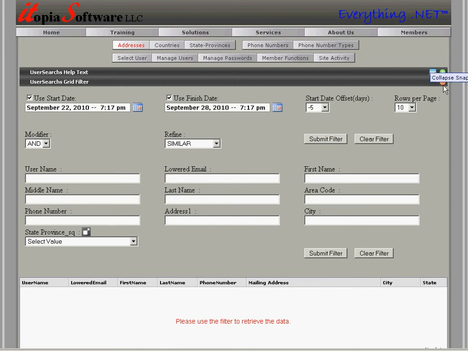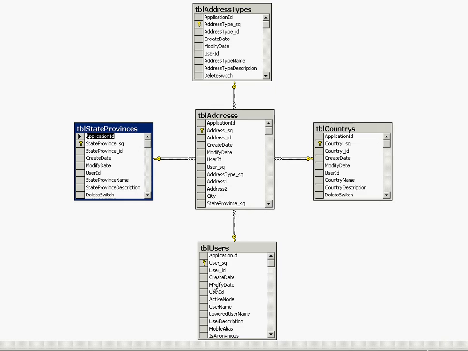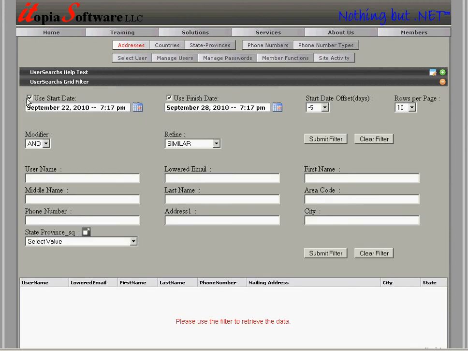Okay, so I'm going to go ahead and contract this filter bar. So you can see here's the user search grid filter. Here, there's the address grid filter. There's 2 help bars. There's the grids themselves. So just to go back to the schema again to remind ourselves, we've got table addresses and table users. And so what I want to do is I'm going to go ahead and filter on my account,